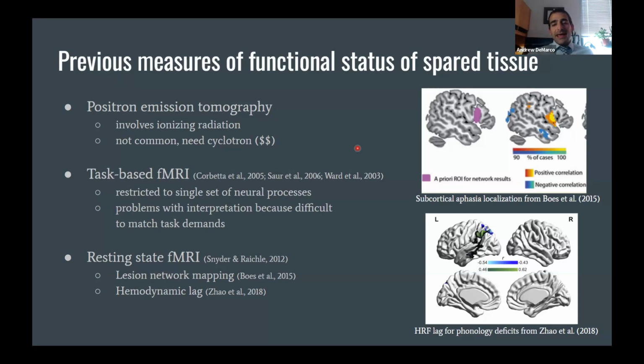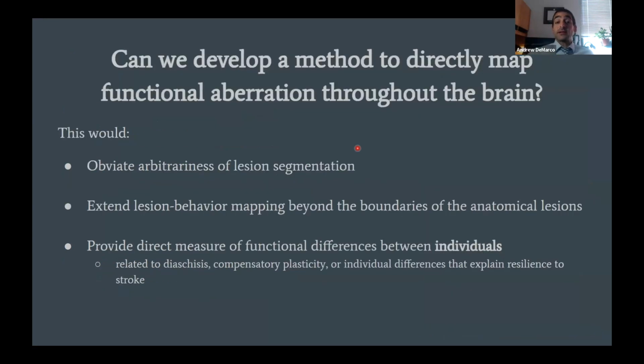emerging approaches. And so what we wanted to do, though, was we wanted to say, can we develop a method to directly map functional aberration throughout the brain? And in the context that we're talking about, we wanted to hopefully try to remove the need to make an arbitrary lesion boundary. We wanted to try to use that brain-wide map of functional anomaly or aberration to extend the reach of lesion symptom or lesion behavior mapping to do analyses that can basically detect those phenomena like diaschisis or neuroplasticity that extend beyond the boundaries of the